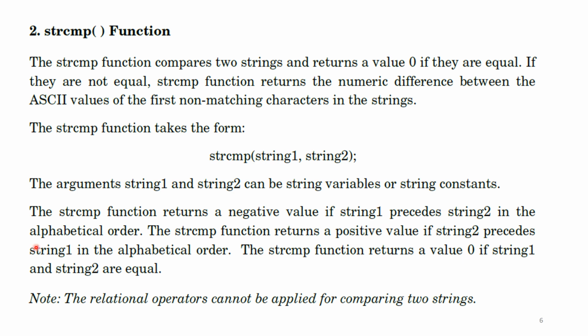STRCMP within simple parentheses string1 comma string2, then a semicolon. The arguments string1 and string2 can be string variables or string constants. The STRCMP function will return 0 if both strings are equal,